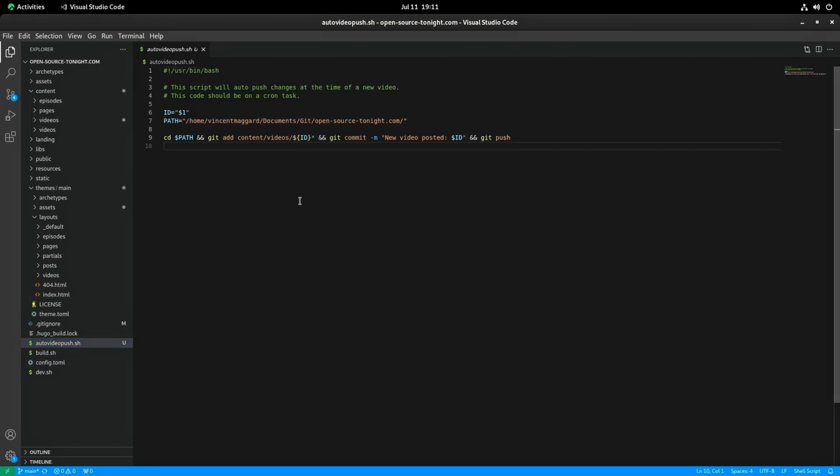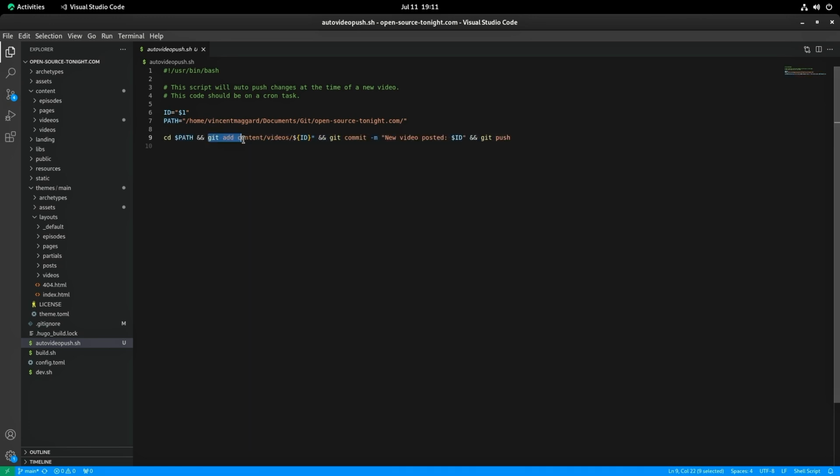This is a script that I wrote to auto push changes to video changes up to the system. So if you look here, you can see that I can run this on a cron script, and this will simply go into the path up here.